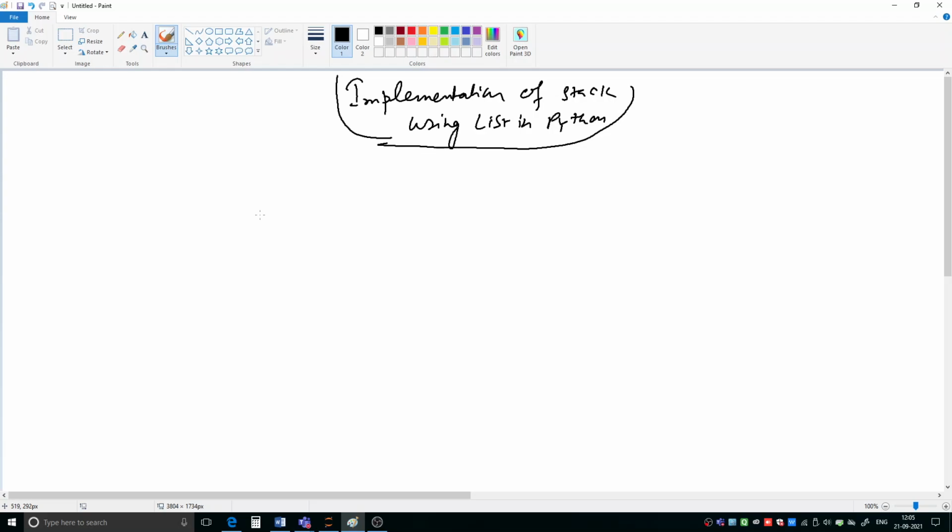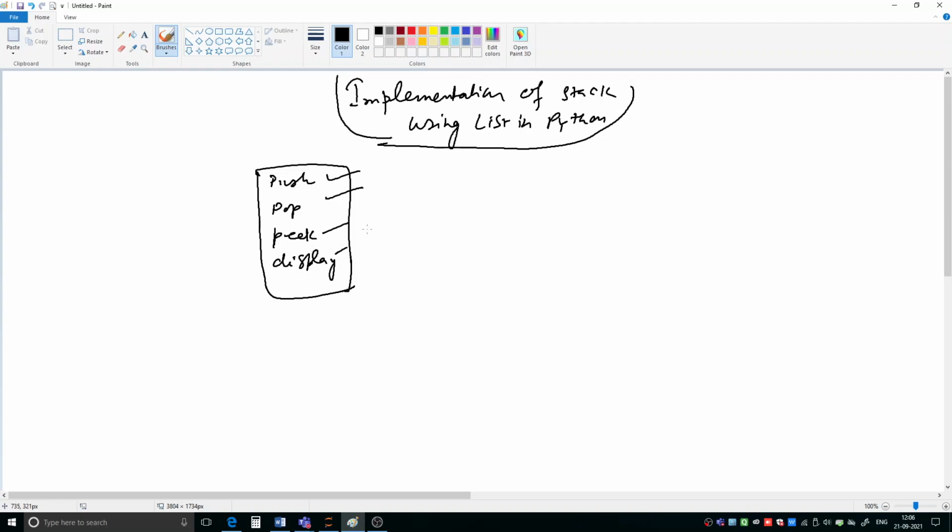Okay. So what we will be doing today, we will be breaking the different operations into small parts, and we will be taking each portion separately. First, what different operations can we perform on a stack? We discussed push, then pop, then peek, then we can display the elements of the stack. So these operations we will be performing. Okay. So we will take one by one today, and we will discuss all of them.